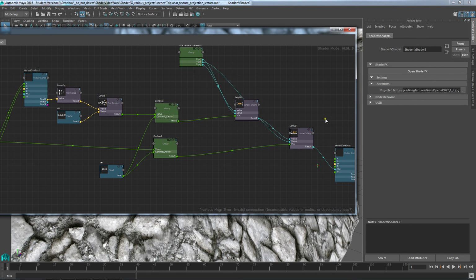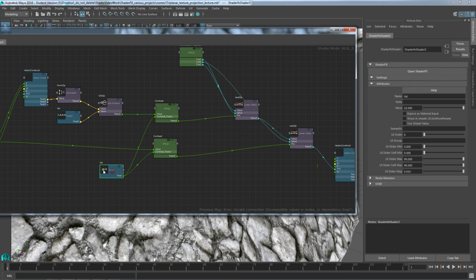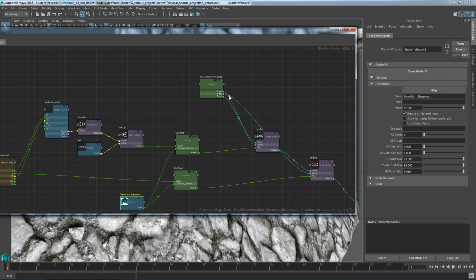So I've got the projected texture, I want the tiling value, and I want the contrast value as well. So select the contrast value, click the expose as material input, set the proper name, so contrast, or actually transition, I think, transition sharpness or width or contrast, but I wanted the keyword transition in there. And the tiling is